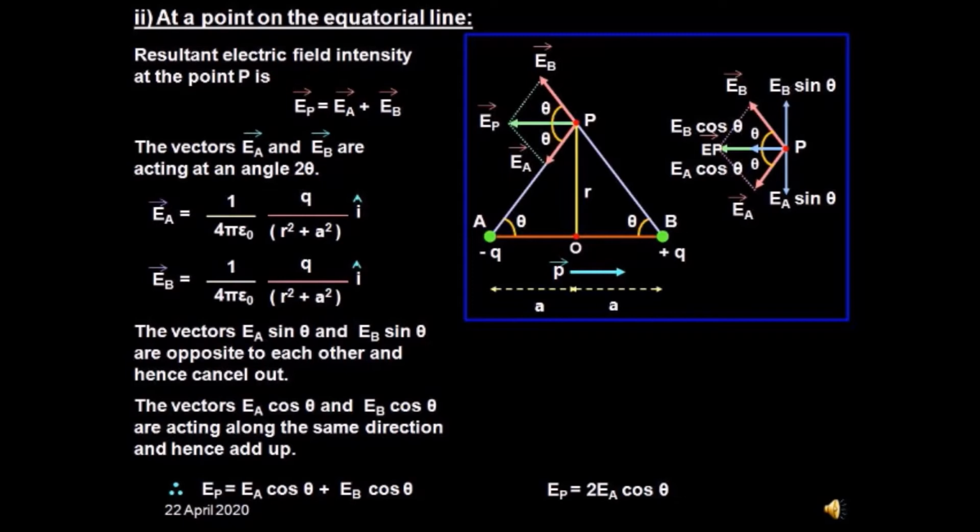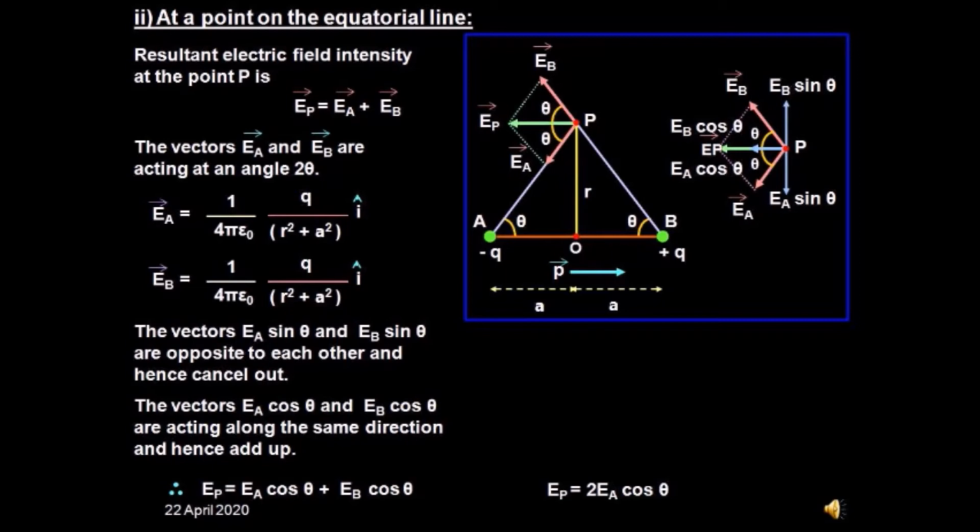So when the two vectors, that means EA and EB, are at some angle, then we can take the help of the resolution technique in physics. Resolution means the same: if any vector A is at angle theta, then A cos theta and A sin theta are two components. So we will take the help of this technique here. For the resolution, we need the angles. So suppose we start by assuming the first angle theta at A, the interior angle of the triangle.